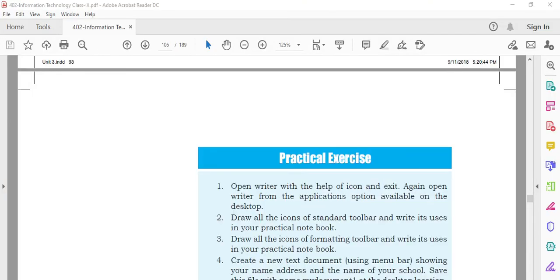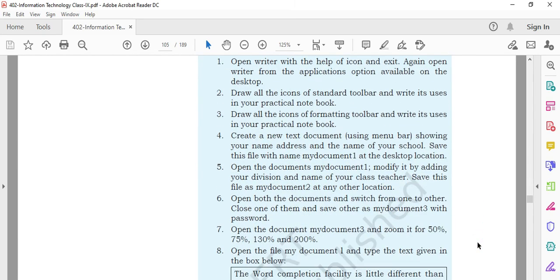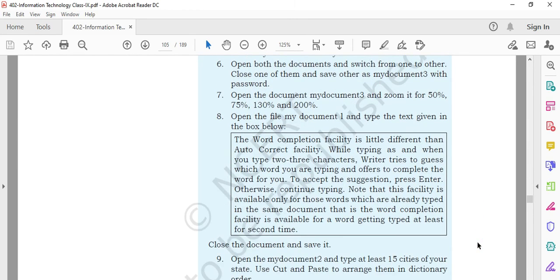After completing that practical work, from your textbook, page number 94, there is a practical exercise. In this practical exercise, do 8.1, which is to open the file named my document. You should mention the file name my document 1 and type the text below.